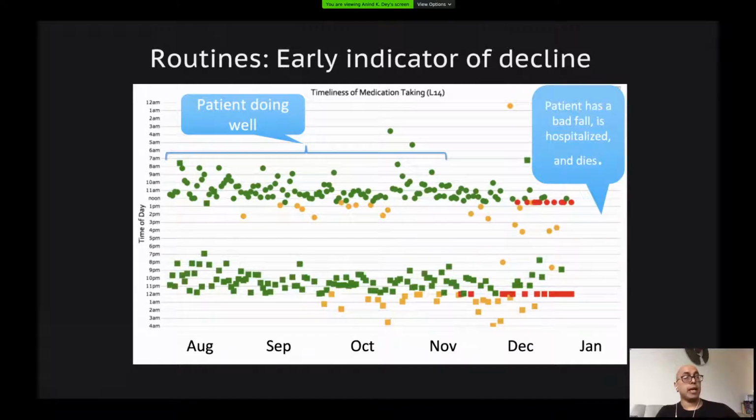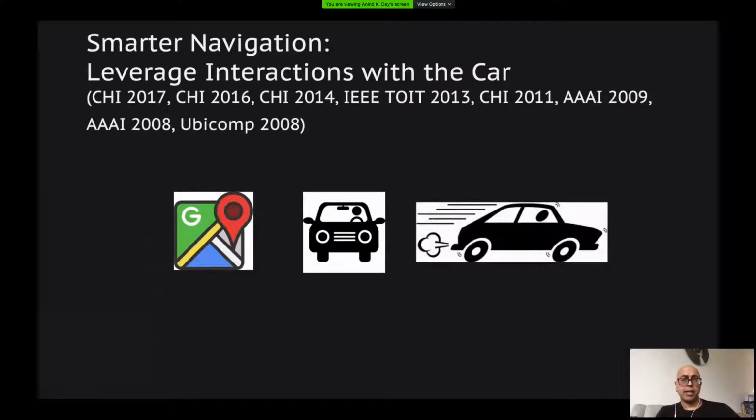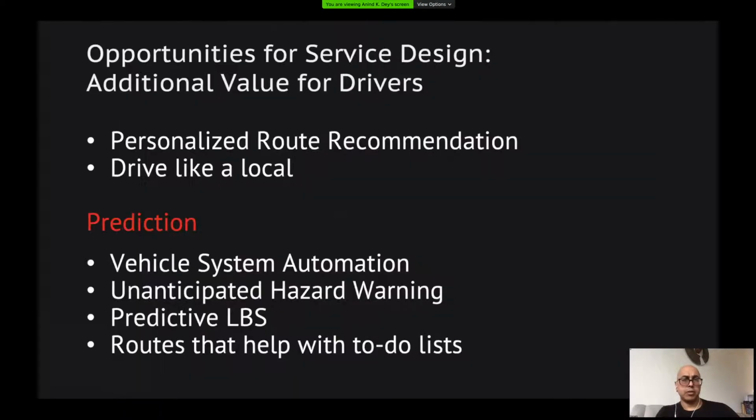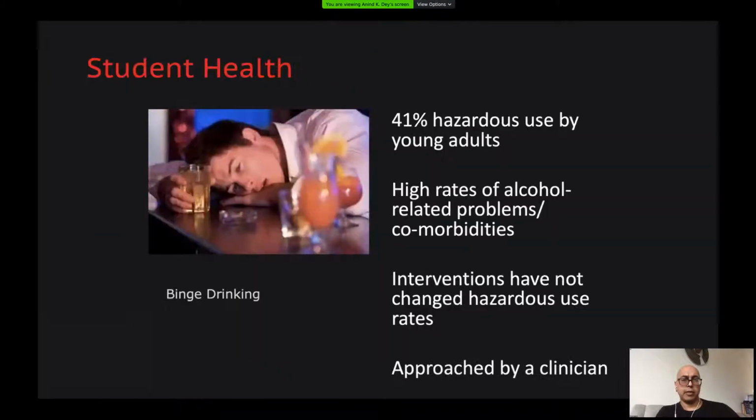That gives me hope that with either an automated system or a clinician being able to monitor this kind of routine information, there's real promise for having an impact on people's lives. In the interest of time, I'm going to skip this driving one and just jump to another health one. So,